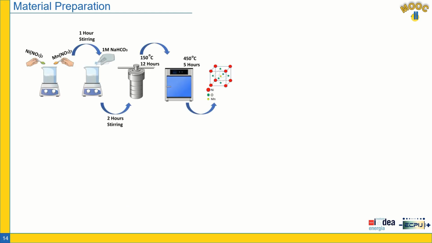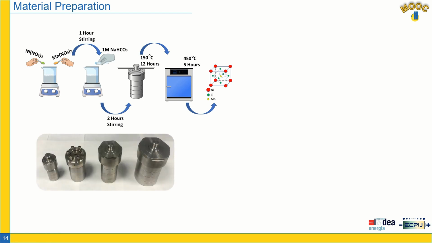We synthesize these materials, nickel manganese oxide, by a hydrothermal reaction. We add the precursors, mix them, add them to some containers, and heat them for 12 hours at 150 degrees. After that, we need to do the calcination, 5 hours at 450 degrees, and we get materials such as